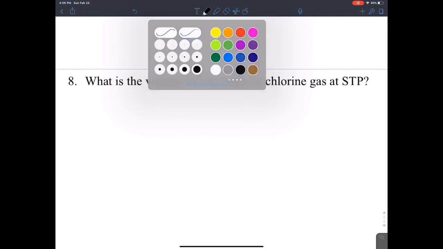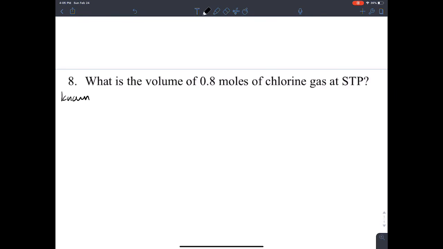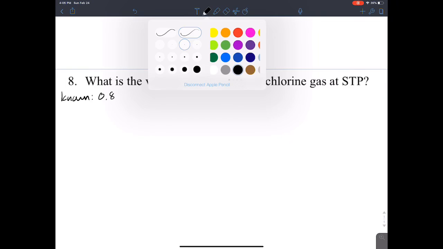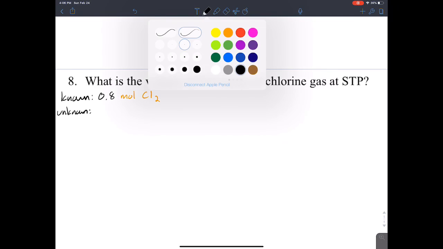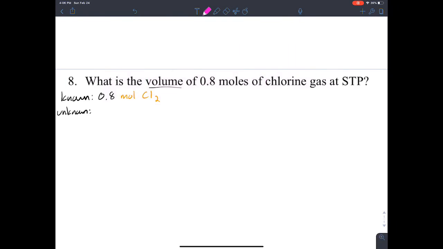Okay, another volume one. So our known number that we're given, 0.8 moles of chlorine gas. Moles of Cl2. Our unknown, what we're going to be trying to find, let's see, what is volume? So we're trying to find volume of chlorine gas. Volume of Cl2. So we need a conversion factor that allows us to go between volume and moles, and that